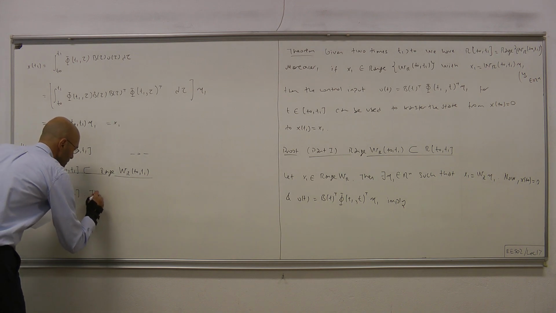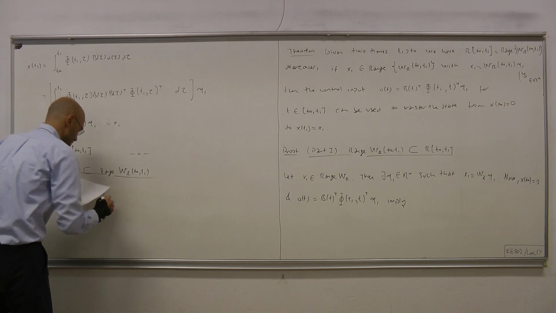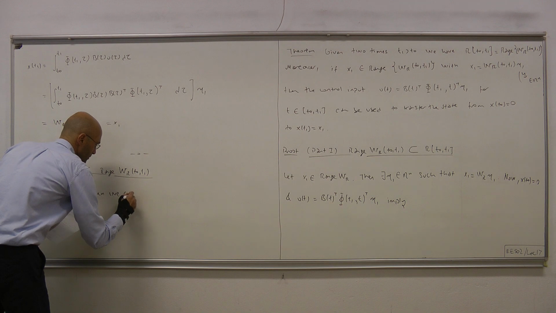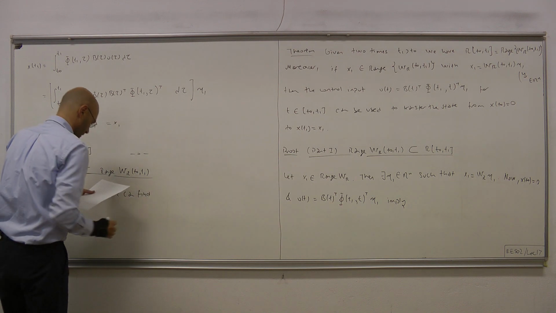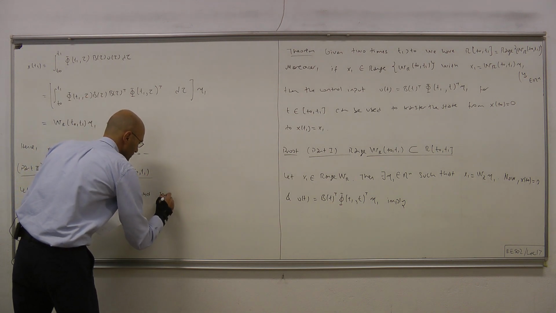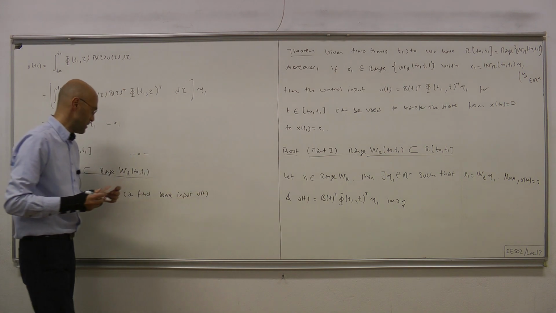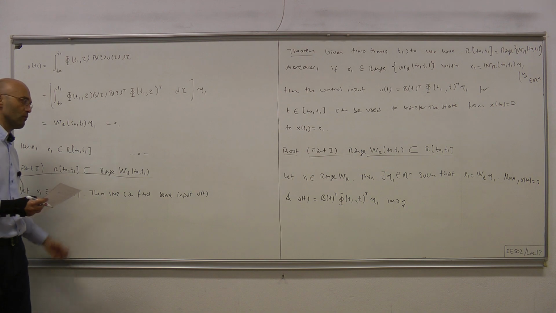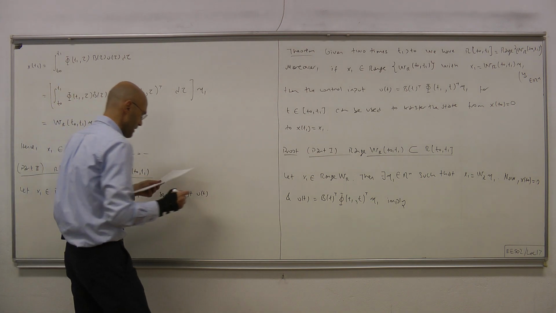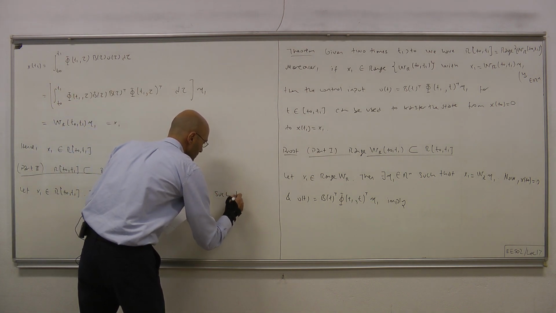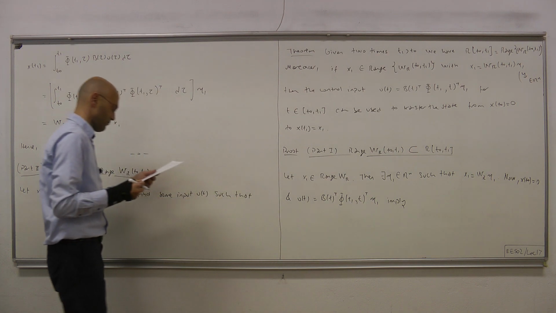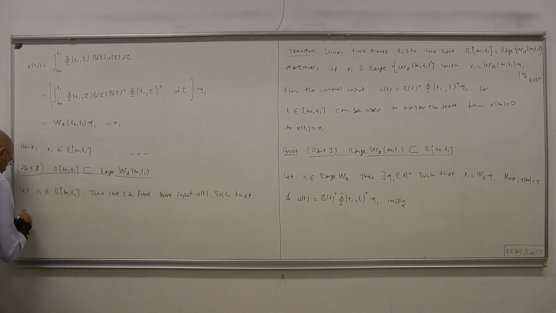Then, by definition of reachable subspace, we can find some input function u of t to be applied through this interval from t0 to t1, such that x1 equals